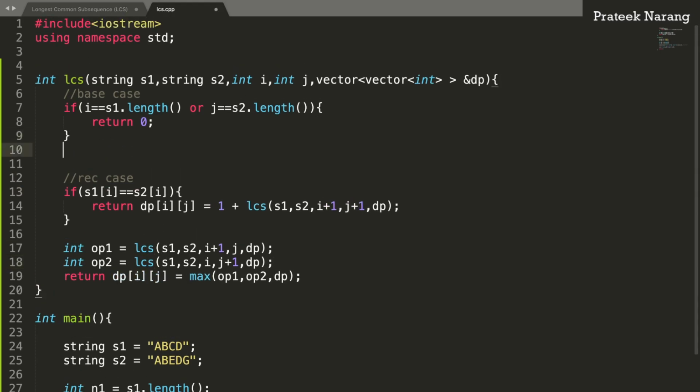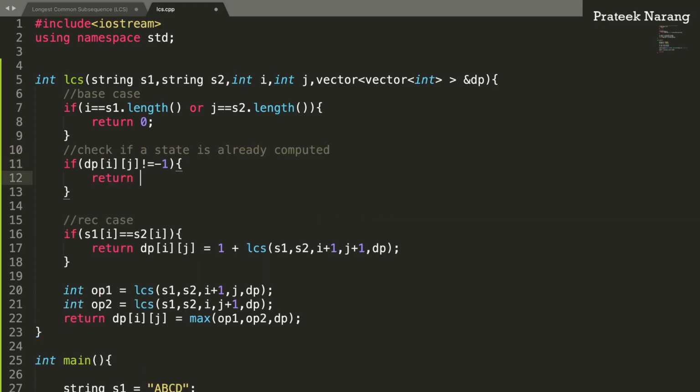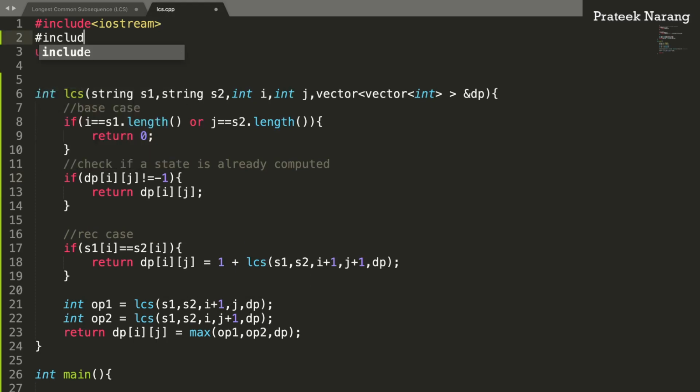And one thing that we need to check to avoid recomputing the same states again and again is to check if a state is already computed. So what we do, if DP of i comma j is not equal to -1, you can say, okay, return DP of ij. So that means this state is already computed, right? So hash include vector,